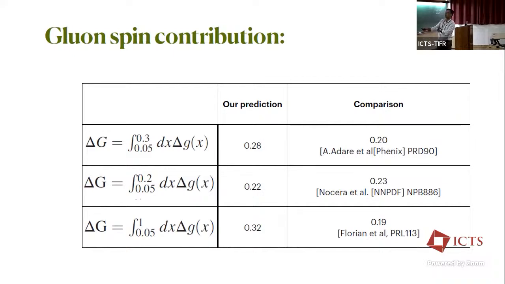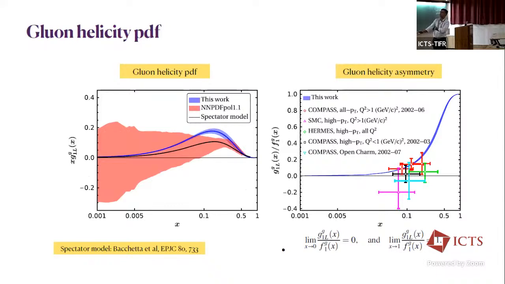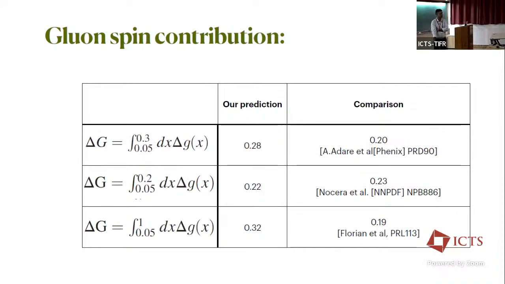In different regions of x we actually integrate, because different groups have different ranges, not the whole range. This result is not available. So it is almost in the ballpark with different things, but when we actually integrate from 0.05 to 1, then our prediction is large. You can see why, because it is overshooting here, so that shows up here also. But anyway, they are comparable to the other models or other calculations, and even in PDF.